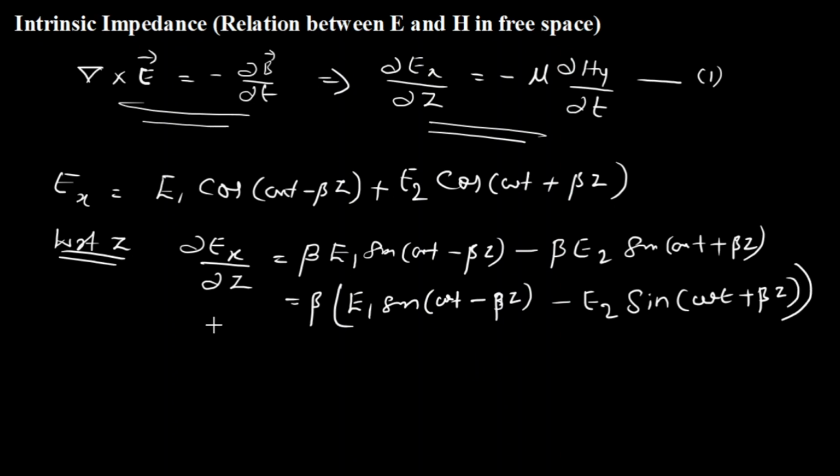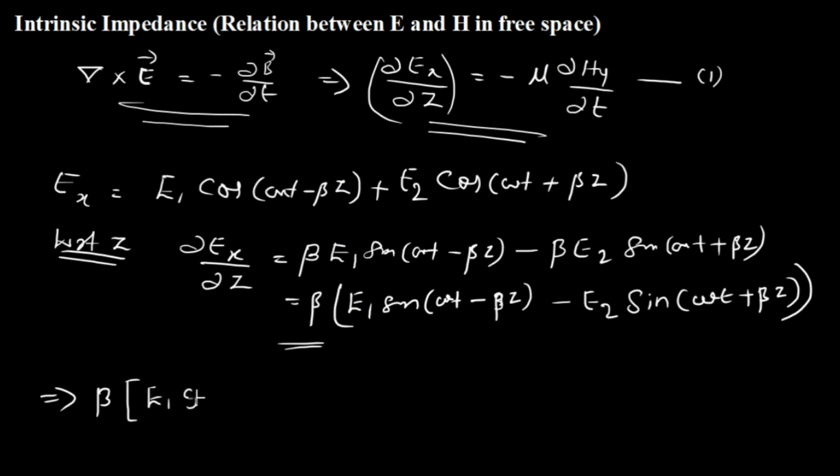This entire thing is my del Ex by del z. So I'll use this result in equation number 1, because in the LHS I had del Ex by del z. Now I'll replace del Ex by del z with the partial differential of the propagation equation. So equation number 1 now becomes beta times